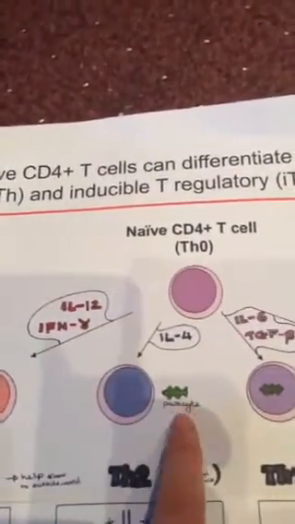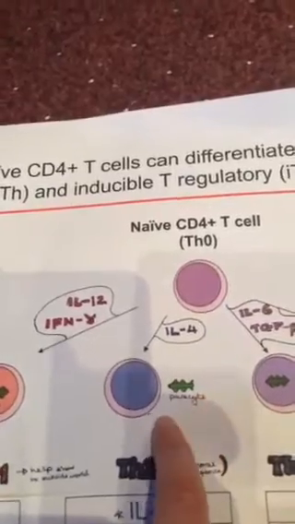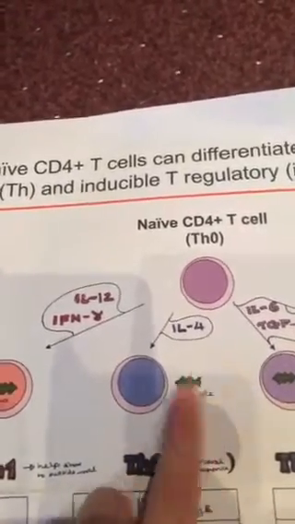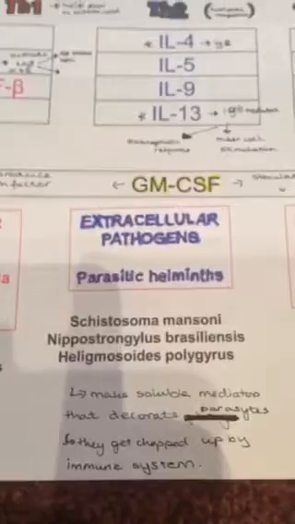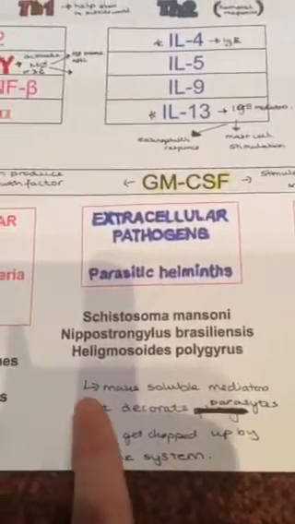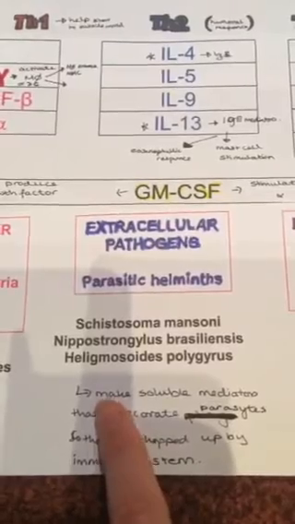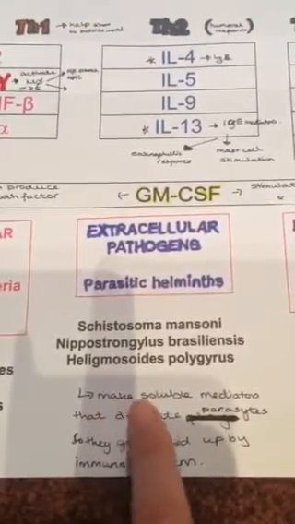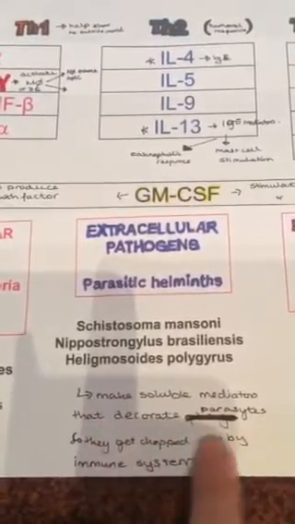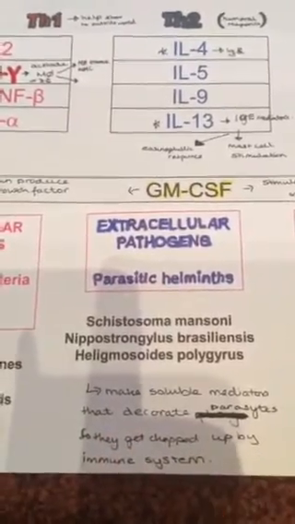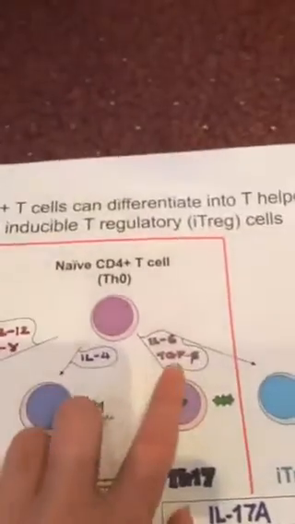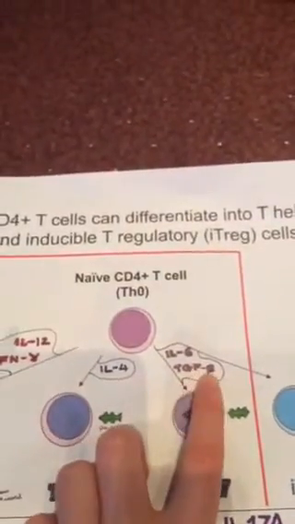That's why I've drawn a parasite. That looks more like a pathogen. Okay, whatever. Outside the cell, so I remember. So what happens is, this is just a side note really. Because parasites are so big, the immune system has to make soluble mediators that decorate the parasite, and so they can get chopped up. And finally, T helper 17 cells, you need IL-6 and TGF-beta to form a fully differentiated